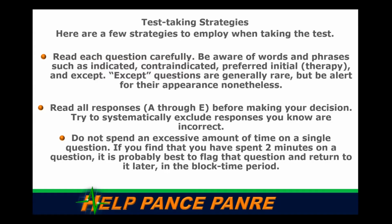a guess, because a guess is better than no answer, or mark that question to come back if you have time, but do not spend excessive time on one question, because you probably won't be getting it right anyway if you don't know it, and you will not get the other ones right if you don't get a chance to answer